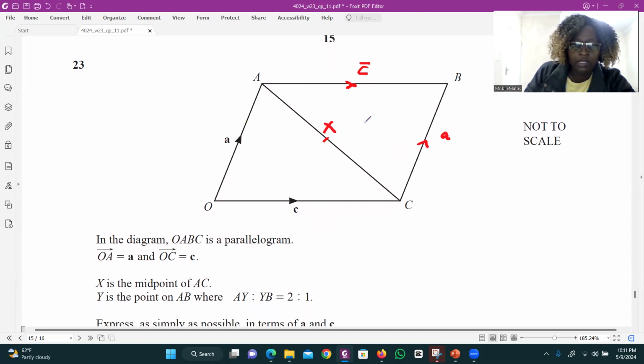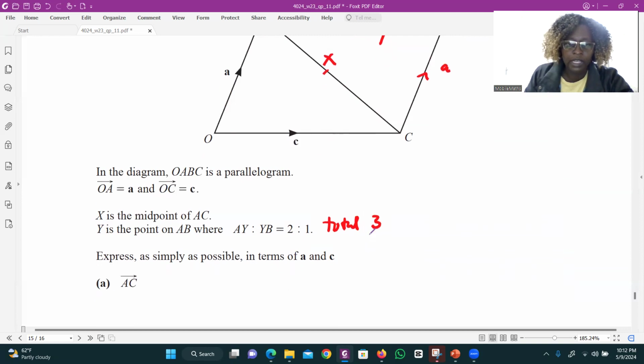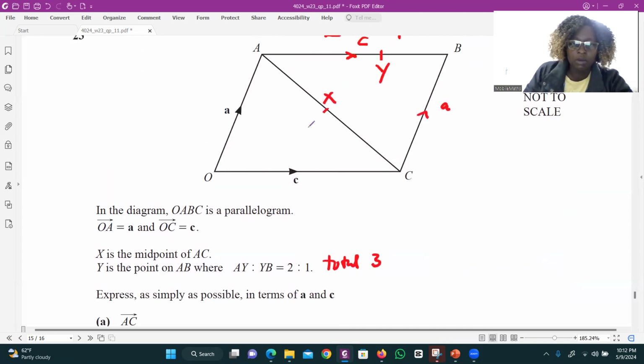Then Y is a point such that AY is 2 and YB is 1. So I can say 2 to 1. So something like this. This is where we have our Y. So the total ratio here is 3. Okay, fine. Express AC. AC is equal to, moving from A to C,